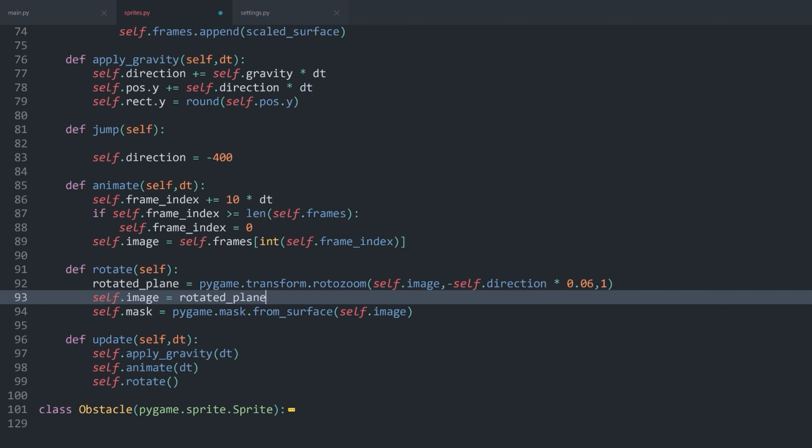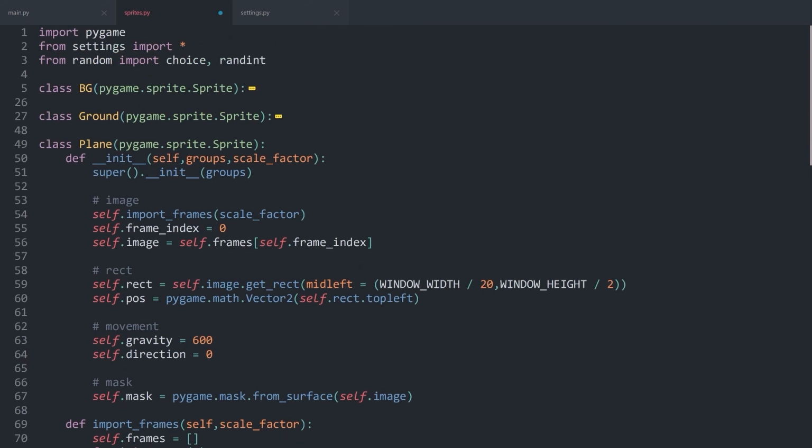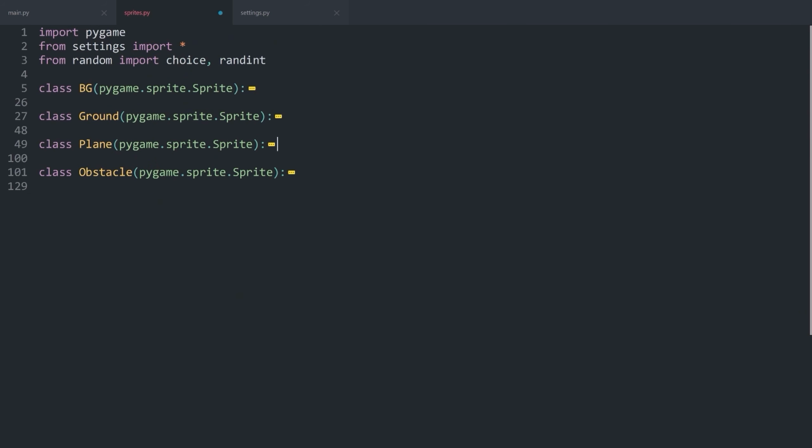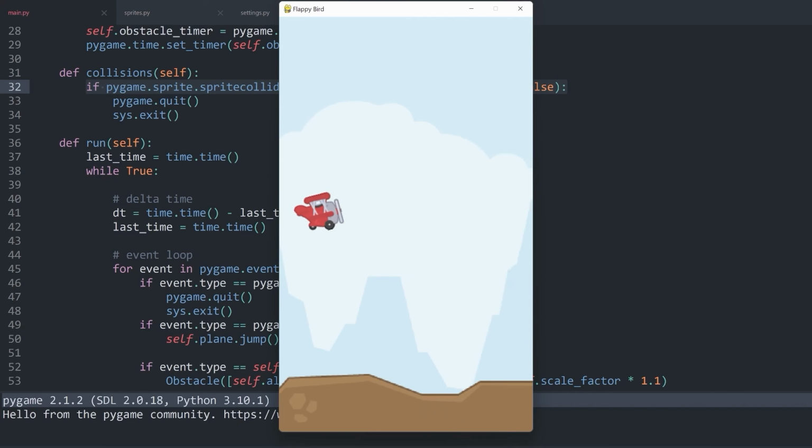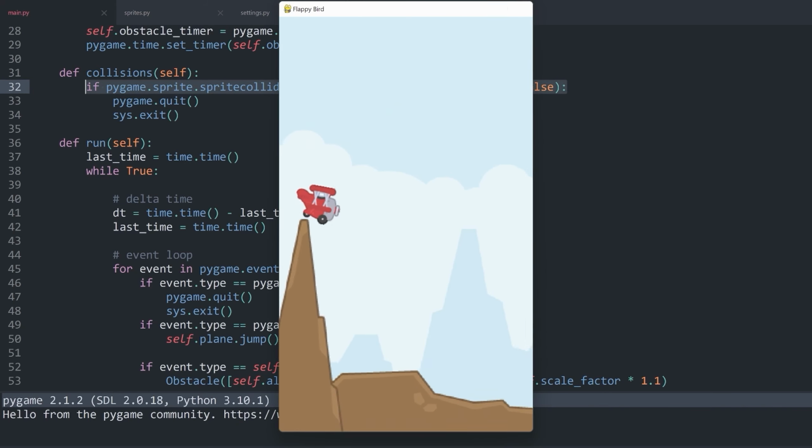And well, that is actually all we needed. So now each of our main sprites, our ground, our plane, and our obstacle, each have a mask. The only sprite that doesn't need a mask is the background, because this one doesn't have any collisions. But now, if we run all of this again, we still can't see any kind of difference, so the collision